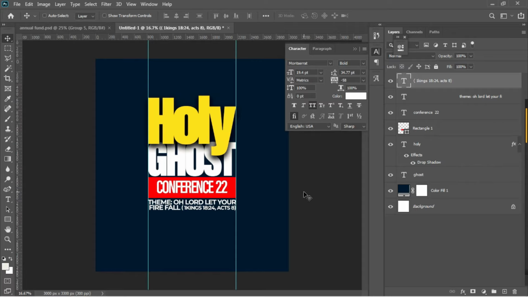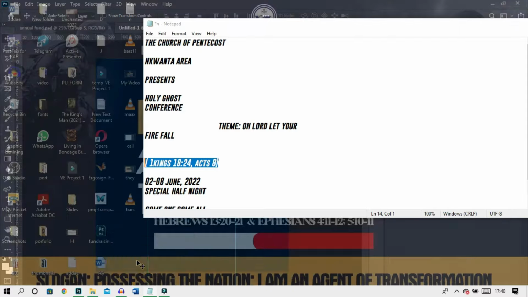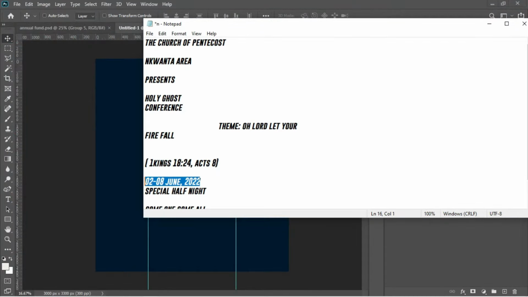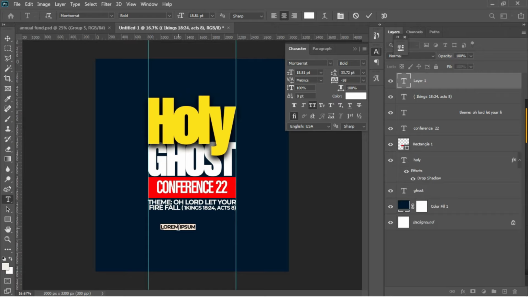Alright, so the next thing to do is to go for my notepad again, and then go for the date. So the date of this program is 02 and 08 June 2022. Okay, so I'll hit the text tool, and then Ctrl V to paste. Ctrl A, select everything, and then make an adjustment to this. But this time around I'm not actually going to use Monstera, but